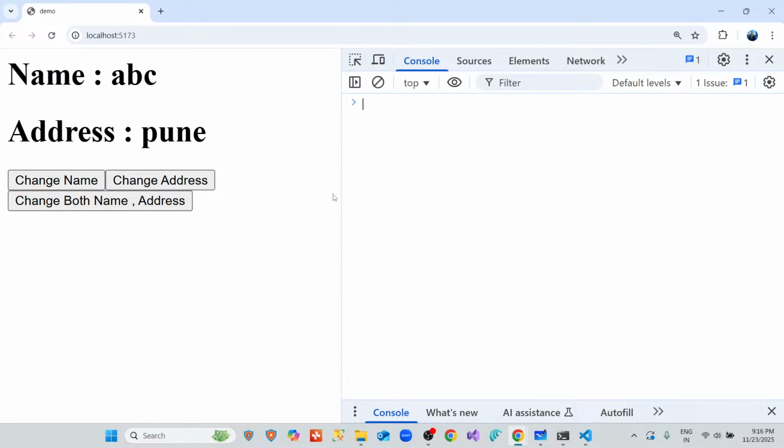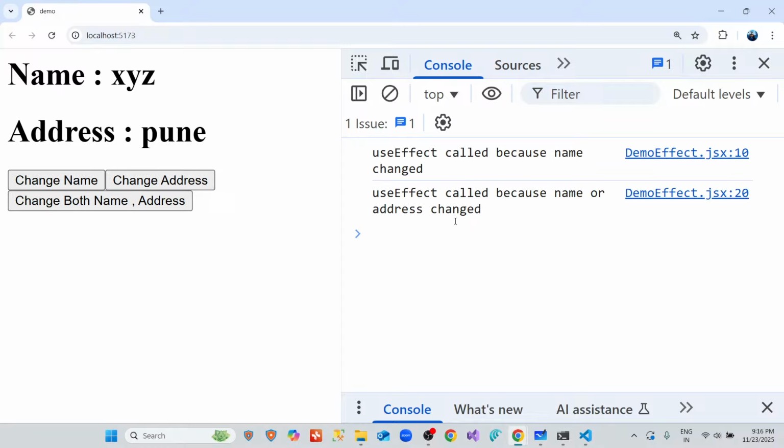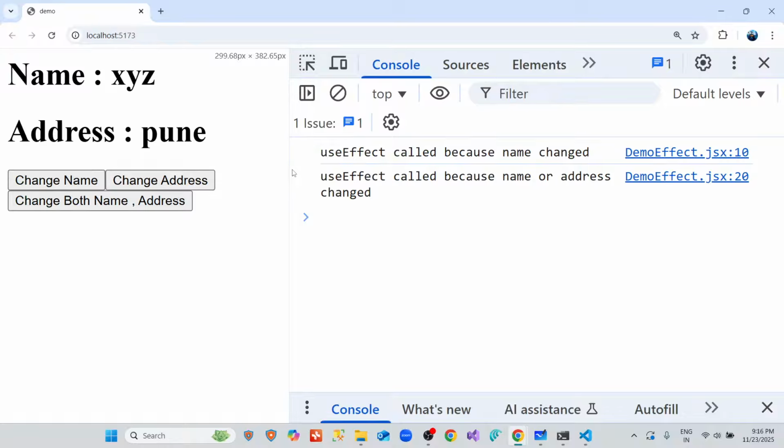So we just have a console here. Have a look. I have ABC. I have Pune. And on a button click, I'm changing name ABC to XYZ. See what code executes here. Click. Now you can see two lines written. The first line written is use effect called because what changed? Name changed. So the first use effect is what is executed, which means React is basically monitoring the